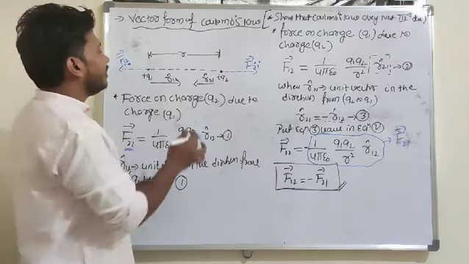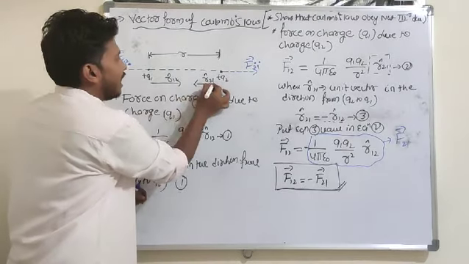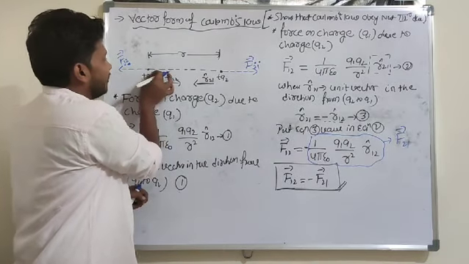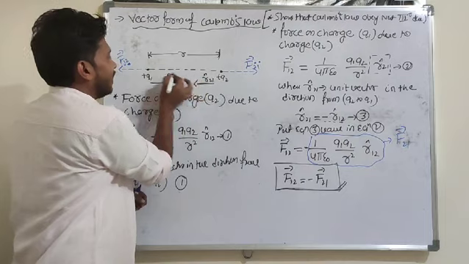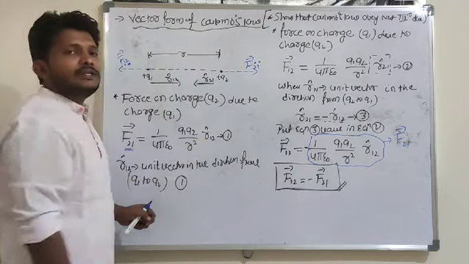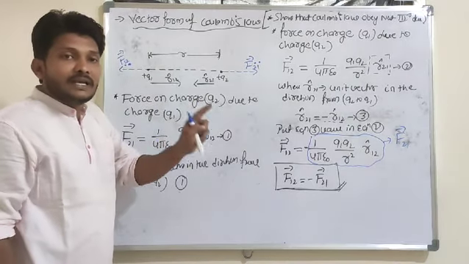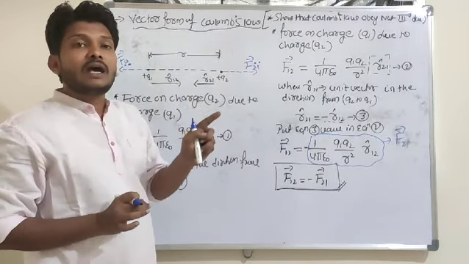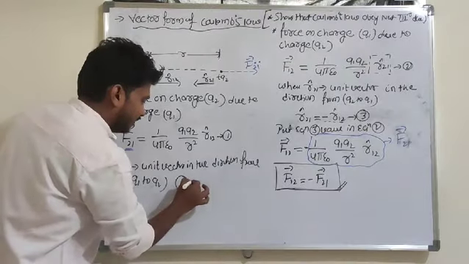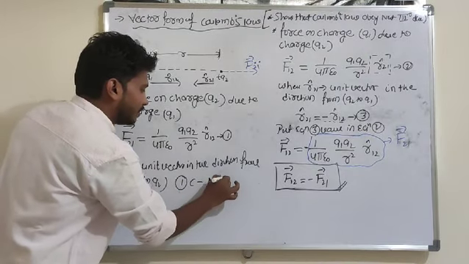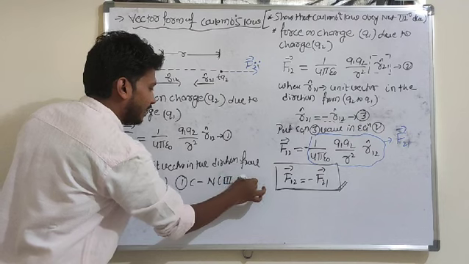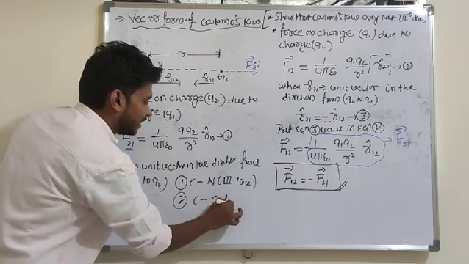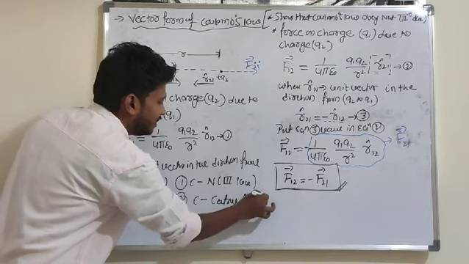So let me explain that. R cap of 1 to 2 and r cap of 2 to 1 is nothing but the force acting between the two charges along the line joining the two charges. It means that Coulomb's law obeys central force here. So first, Coulomb's law obeys Newton's third law, and another one is Coulomb's law obeys central force here.